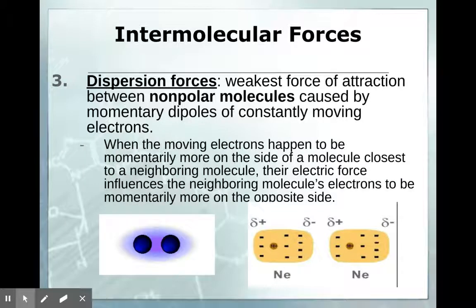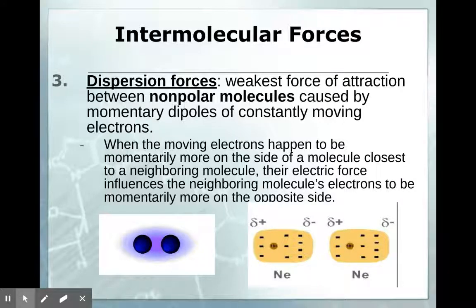All right, last one here. We have intermolecular forces. So dispersion forces, this is the weakest force of attraction between nonpolar molecules caused by momentary dipoles of constantly moving electrons. So essentially what we've seen is that when moving electrons happen to be momentarily more on the side of a molecule closest to a neighboring molecule, their electric force influences the neighboring molecule's electrons to be momentarily more on the